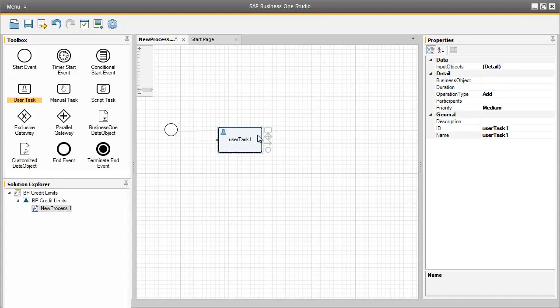So now after the start event, the first user task will be started. The first user task in this workflow process is to add a business partner to the system. So let's now assign some properties to this user task. We are first going to begin by assigning a business object to the user task. There are no input objects for this particular user task, but there is a business object that we need to assign. By clicking on the drop-down arrow,